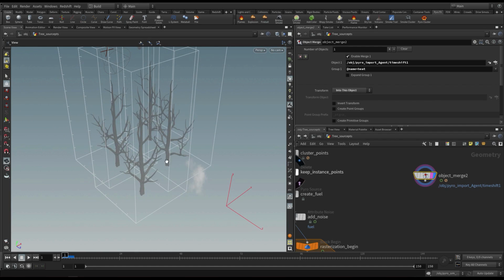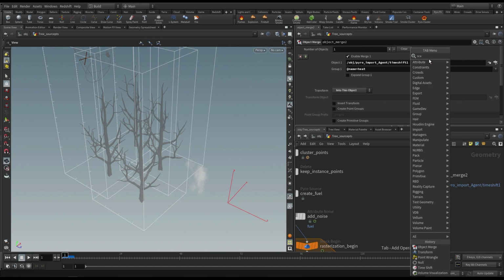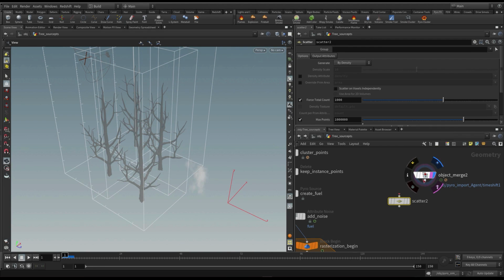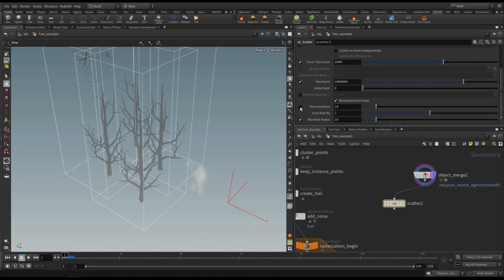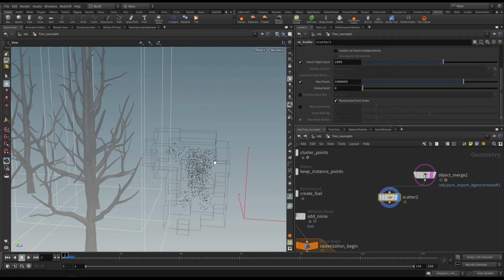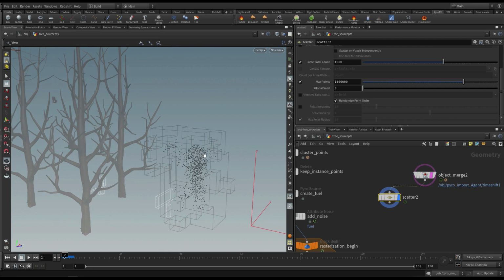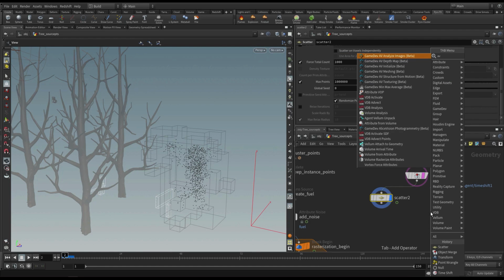So we can't really transfer attributes from a volume to the points here, but what we could do is scatter some points in that volume. Let's plug that in. I don't really want to scatter because that slows things down. So we have points scattered within our heat field here. What we can, so they're filling up roughly the volume where the heat is in the air around him. We can also capture some of these. If we do an attribute from volume node,